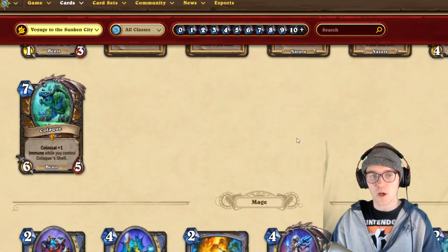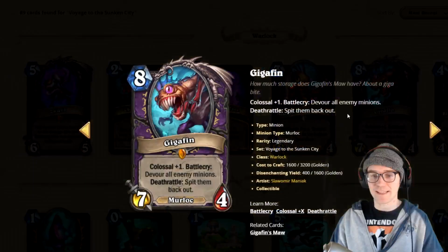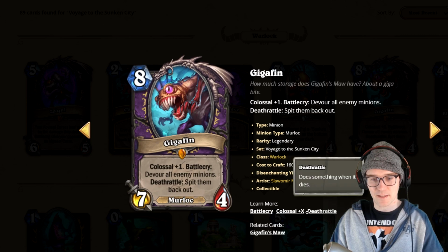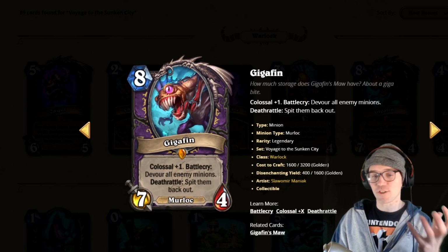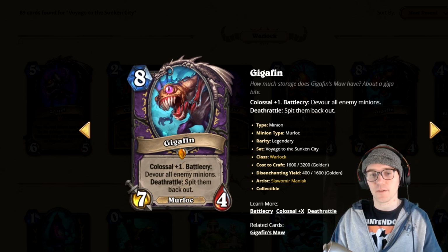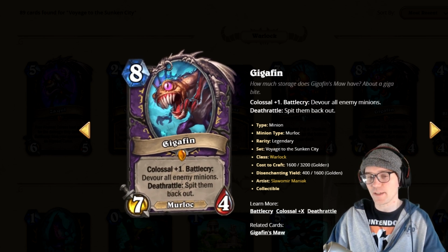I'm going to go over all the colossal minions that have been released up to this point. So let's look at this Gigafin. Devour all enemy minions. Death Rattle, spit them back out. I'm not sure if it actually eats them, it doesn't say here. So if it's like a Bonham Lieutenant, let me see what the language on that card is. The Bonham Lieutenant says and gain its stats, and this doesn't, so I don't think it gets its stats, but